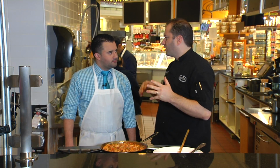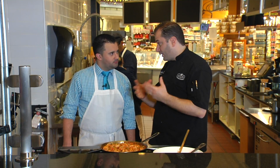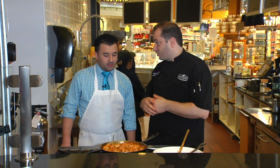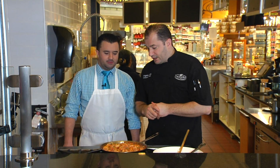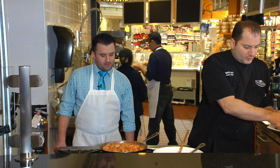And the good thing is, usually people see seafood and they say, oh, we're going to pair it with a white wine. David's got a great wine they're going to pair with this, and it's going to be a red. It's going to be red because it's spicy. It's going to have a little bit of body to it too. That's so great. It's going to be absolutely delicious, and to make it look nice, like we always try,